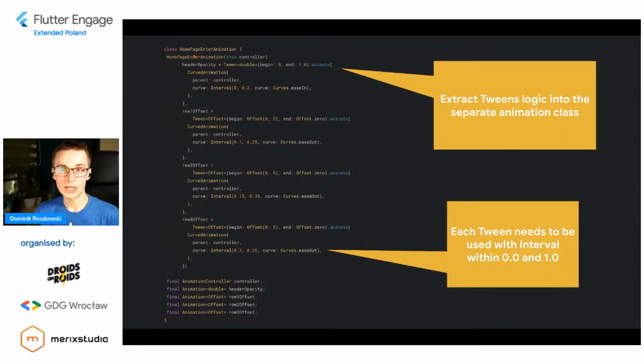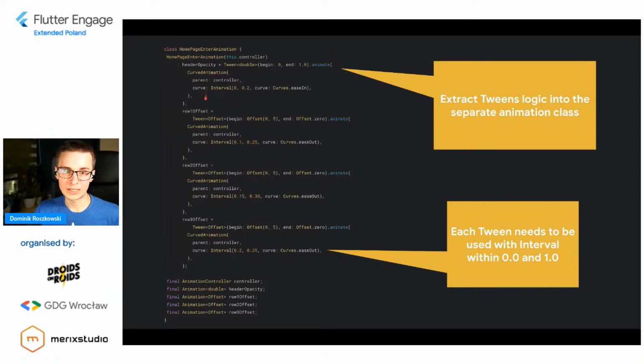And when I create this class, I just create some tweens. Again, this is not super efficient, right? Because I will create these tweens on each rebuild. But these are relatively lightweight objects, and it doesn't cost a lot to just create them. So I just need to create one for each of the animations that I want to happen one after the other, or a bit overlaid.